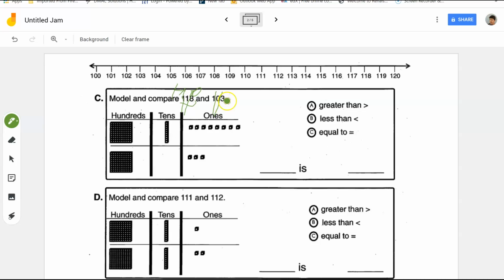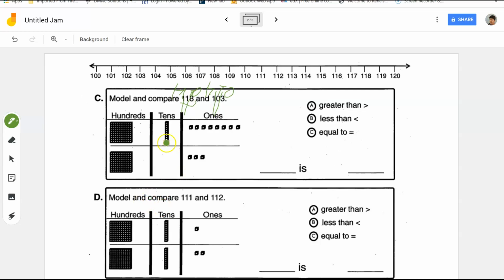Trace 2 little lines, and I have my hundreds, my tens, and my ones. I have 100. How many tens? 0 tens, so nothing, and 3 ones. When we compare two numbers, we start by the highest or the greatest value,